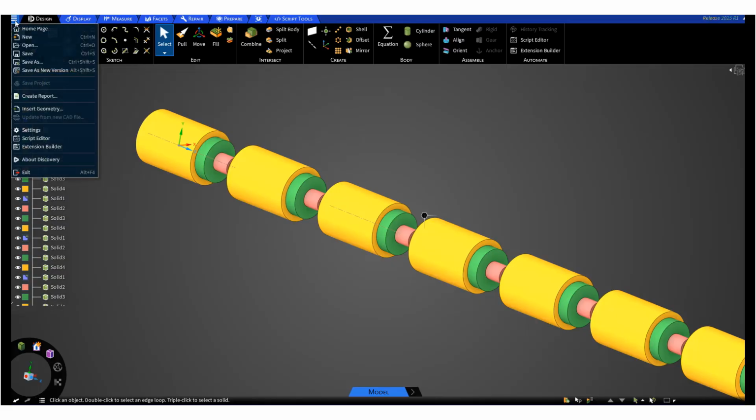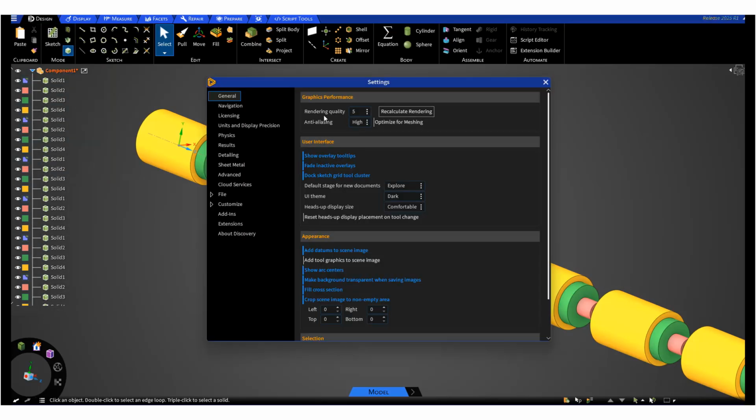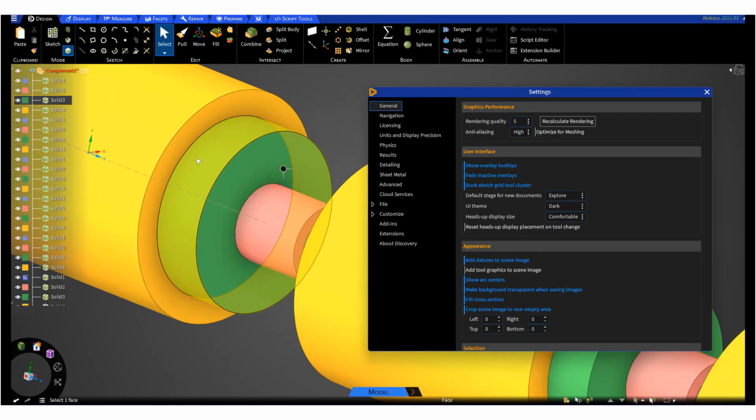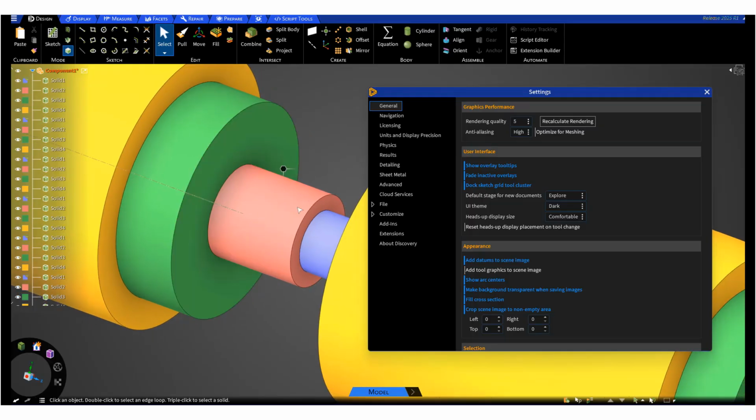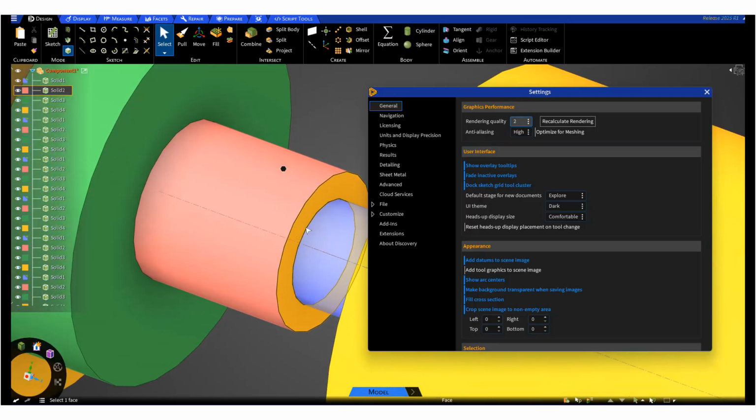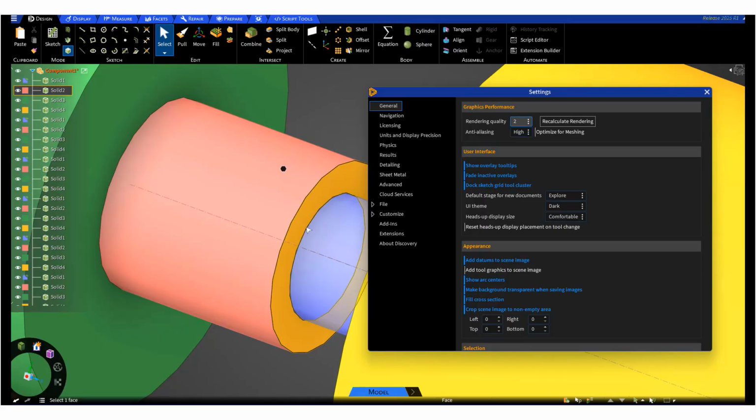share topology here is that you come to the settings and work with the rendering quality that you can see. Usually it is set at 5, mostly for showing you the roundness of the circular faces and the curvature of the edges. If I go for lower quality, you can see that instead of fully rounded edges or faces, we have little edges on them. It's like pieces put together to make the curve, and the lowest one